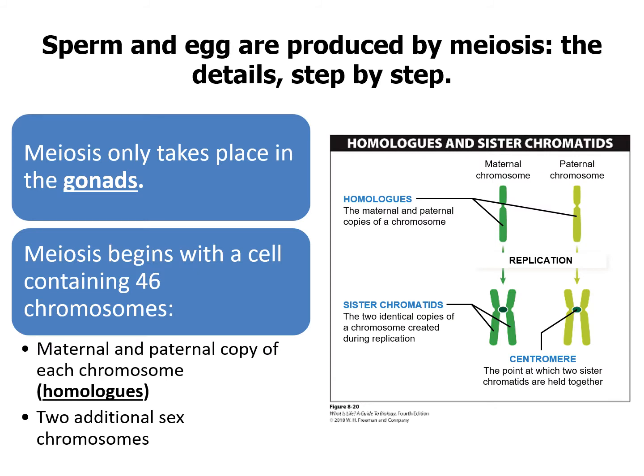Okay, so here we are going to talk about something called a homologue, or homologous pairs. Homologous pairs are the same chromosome, but one's from the mom, one's from the dad. So they're a pair that goes together, like chromosome 1. You've got chromosome 1 from mom and chromosome 1 from dad. Together, they are important as a set because they are homologous pairs. Do make a note that meiosis only takes place in the gonads. For females, this is going to be in the ovaries. For males, it is the testes. And we've talked about how many chromosomes we want to start with and what we want to finish with.